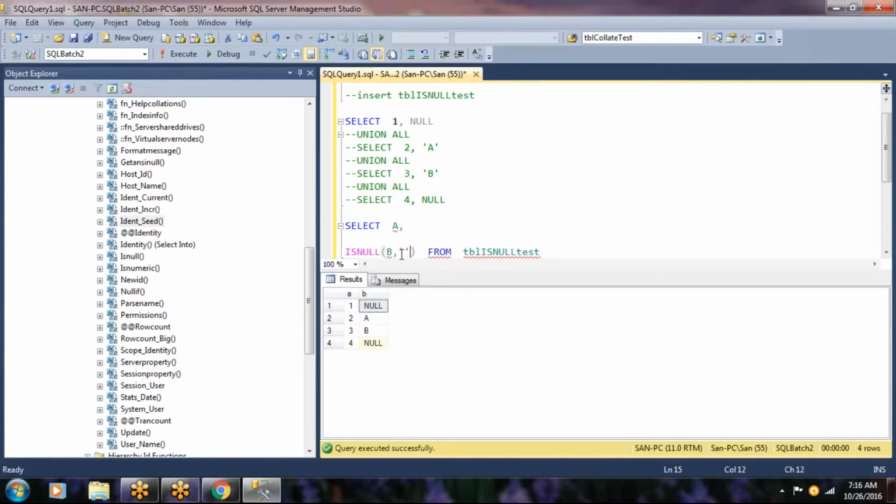Just give the replace value. Execute, and if you see, replace value is coming here.